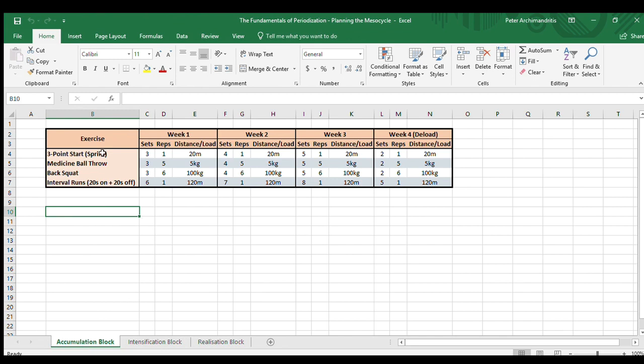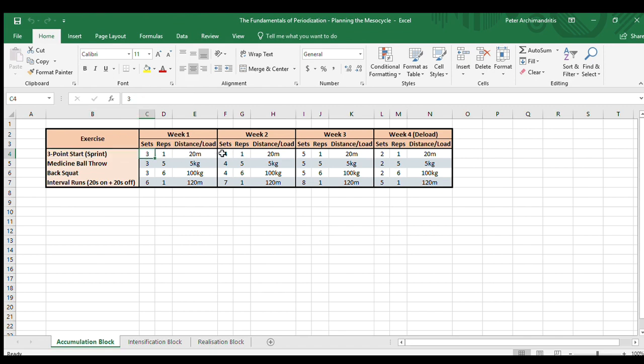So in the accumulation block, I've picked here 1 speed exercise, 1 power exercise, 1 strength exercise, and 1 conditioning or endurance exercise in order to apply these principles to different forms of training. So the first one, 3-point start, so basically just a sprint from a 3-point start. In an accumulation block, if we're going to work on acceleration, for example, we might have 3 sets of 20-meter sprints with appropriate rests, and then over the course of 3 weeks we're going to